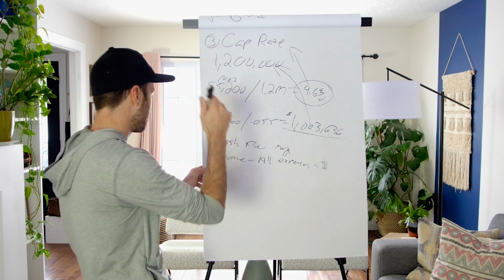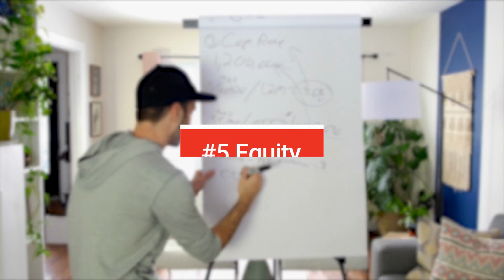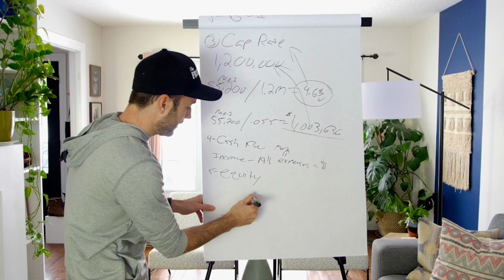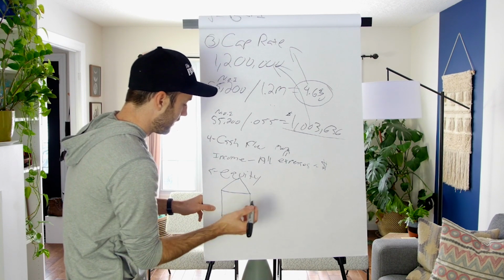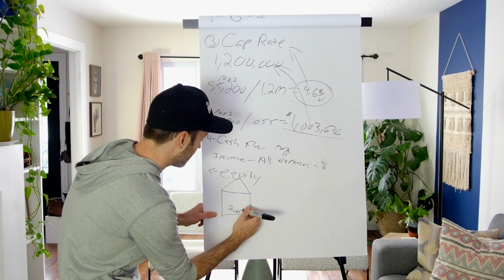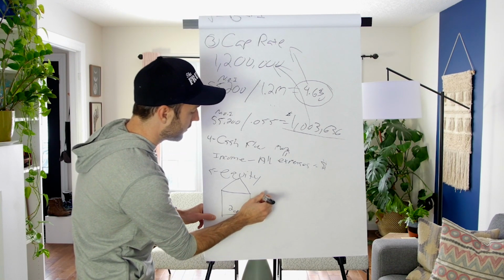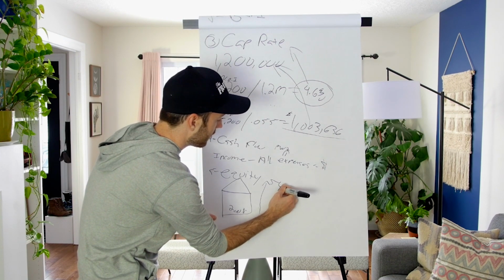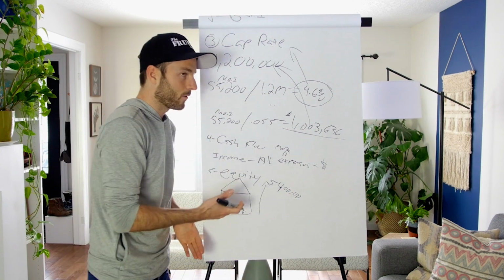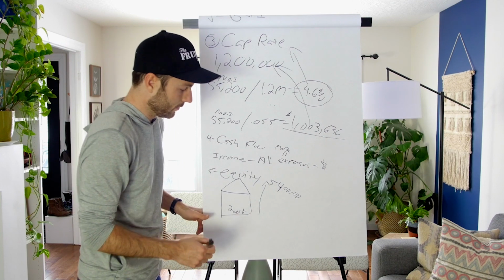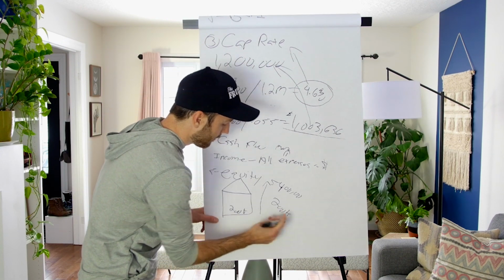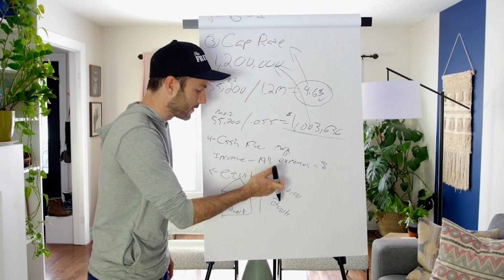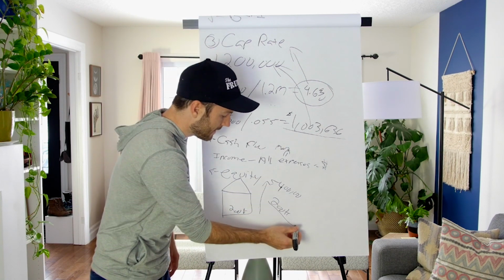The fifth and last term, there are so many more, but I've only got time for 5: equity. Very important for real estate investing. How much equity is in a property? If I have a house here, right, it's my beautiful little house, if I bought it at $200,000 and I've had it for 5 years, in year 5 now it's worth $400,000, how much equity do I have in the property? 200K. Now I'm not even including mortgage pay down and cash flow, but I'm getting to that. Super easy example. I bought it for 200, it's now worth 400, I've made $200,000. I have $200,000 in this house of equity.